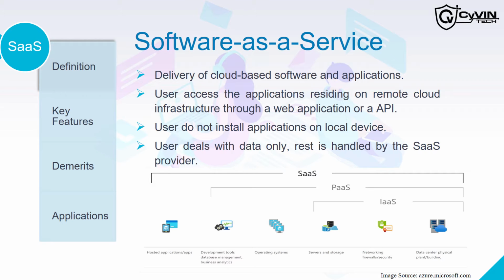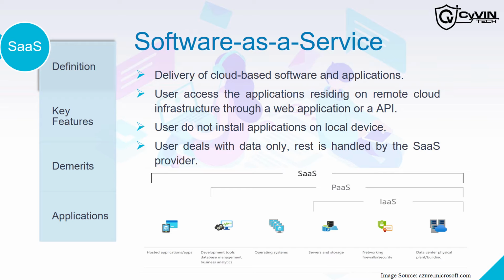Software as a Service is the delivery of cloud-based resources via a web application or an API that completely executes over the cloud infrastructure. Users do not need to install any application, unless using a mobile phone, on the local device. All the underlying infrastructure, middleware, software, and app data are located in the remote machine which we access through the internet, either by web browser or mobile app or through an API. The service provider manages the hardware and software required for the service and delivers them to users for instant use.